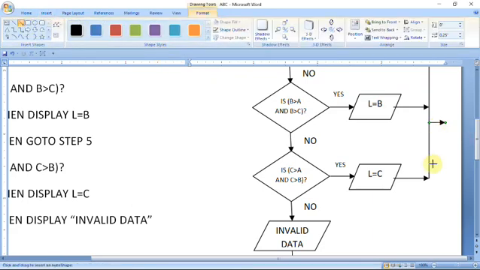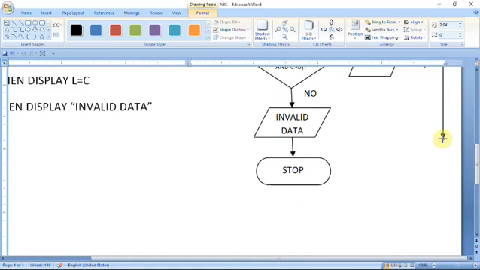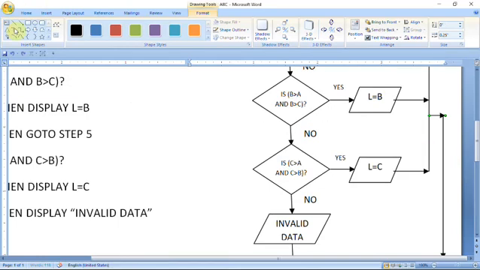Again I have to use this symbol because we want to transfer our control. Want to transfer the control directly to the stop, so this way, sorry, this way.